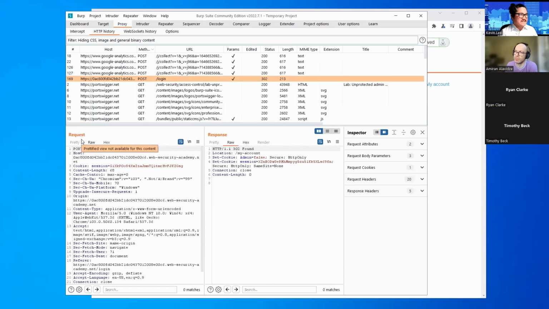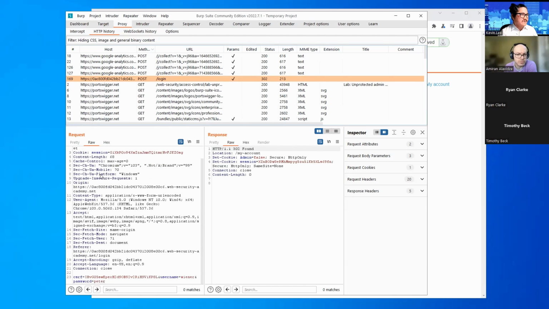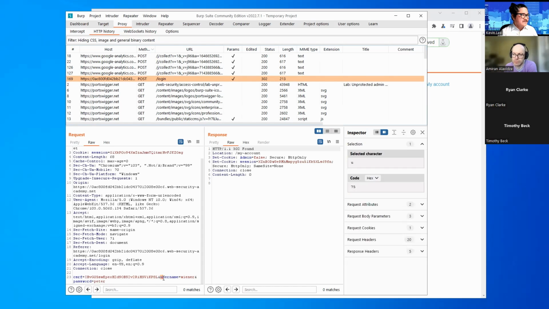and we'll see a breakdown of both the request that we sent to the app and the response we got from the app. Inside the request window here, if we scroll all the way down, we see that we supplied the username Wiener and the password Peter to the web server.